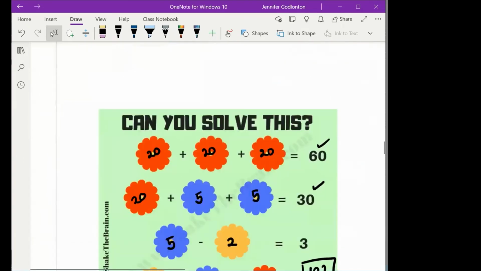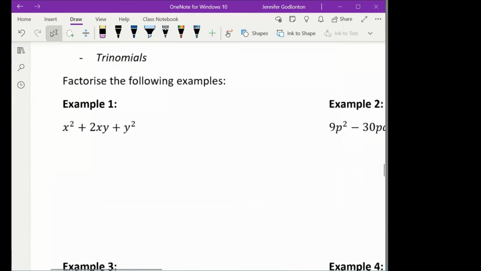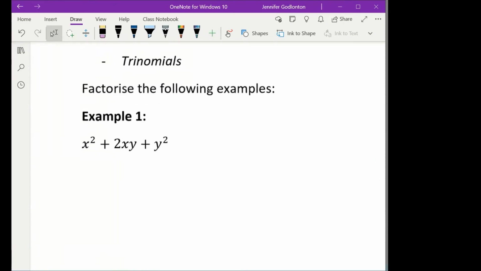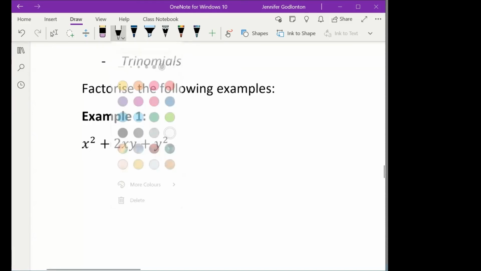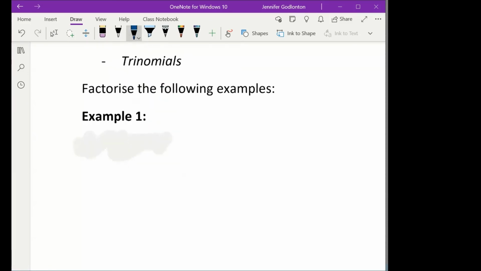Okay. We're going to move into our trinomials. And trinomials is just a fancy word for 3 terms, okay? And when we have trinomials, we work with the factors of that third term, and we're trying to add them to get to that number in the middle, okay? This is actually quite a nasty question, so I'm going to change it because I want to make something a little bit nicer as our first one. Let's do x squared minus